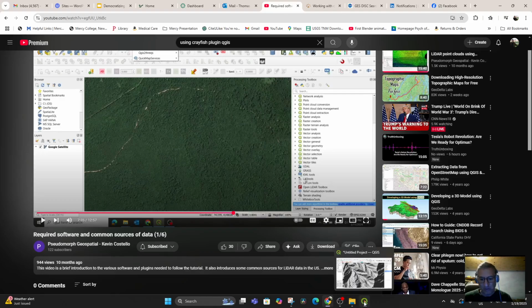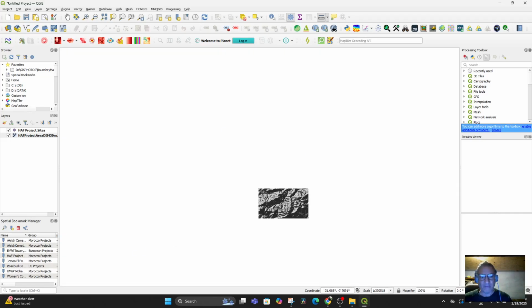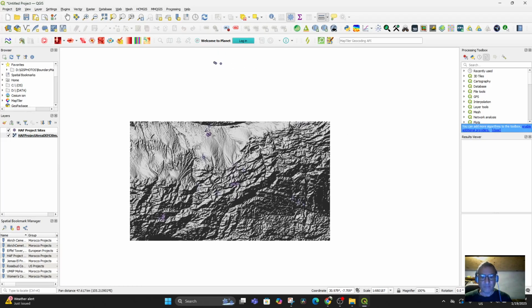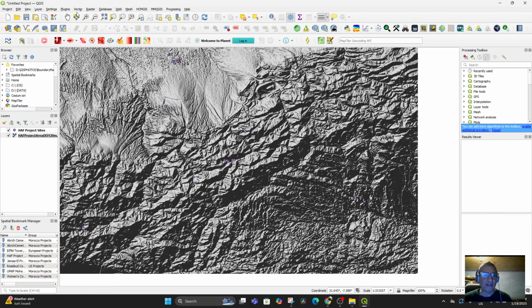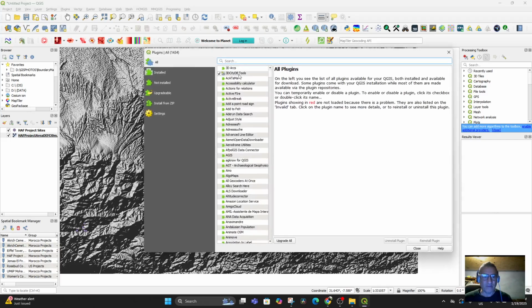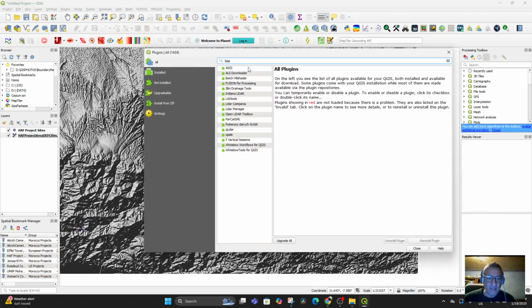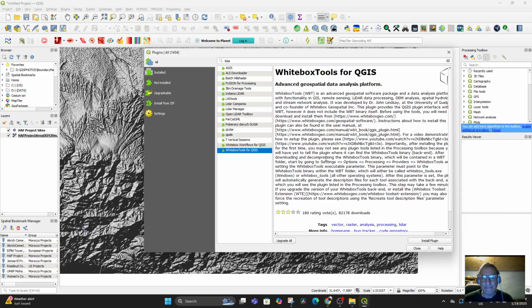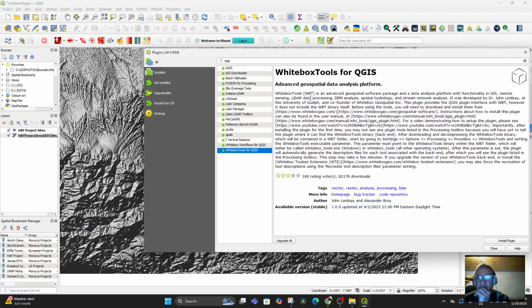So I guess what I'm going to do is see if I can get the stuff that he recommends. So when I get up to the plugins, I'm going to look for LIDAR, and there is WhiteboxTools, Advanced Geospatial Package, Remote Sensing, DEM Analysis. Does not include the binary itself. You'll need to download and install them